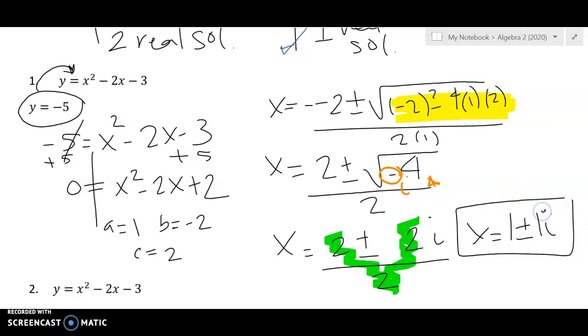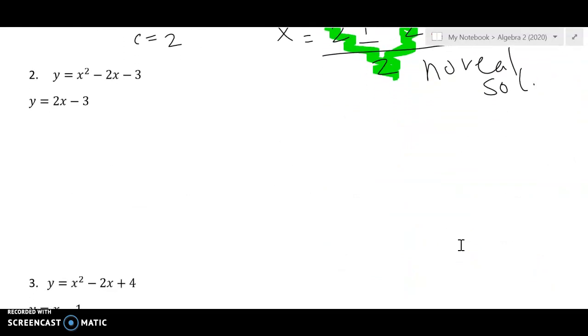And that has an i in it, so that means these solutions are imaginary. So when I write my answer, I'm going to say no real solutions. There might be some imaginary ones, but we cannot see those. They're imaginary. Okay, so that's one of your situations. The next one, you're going to have